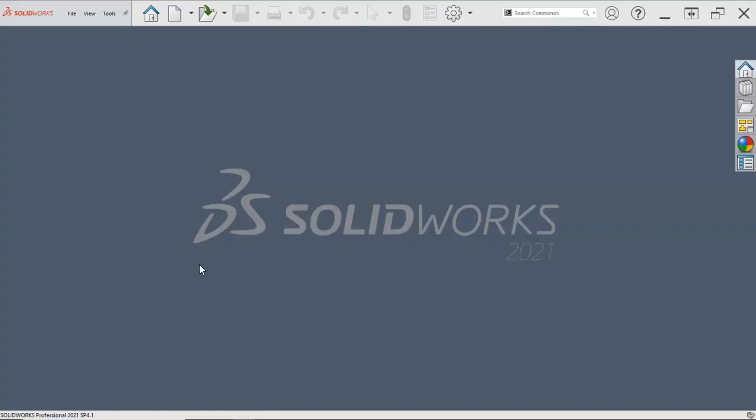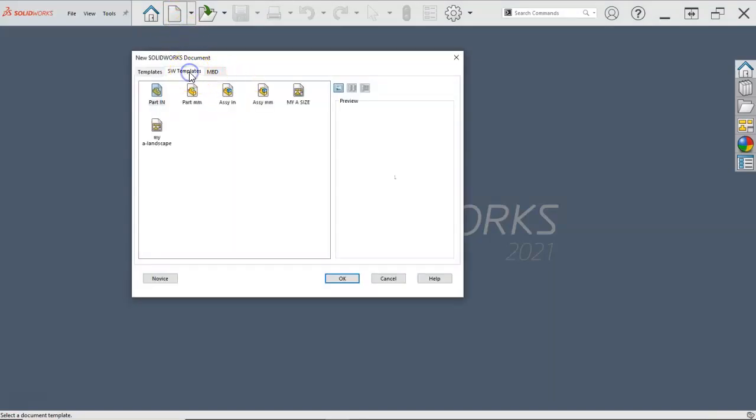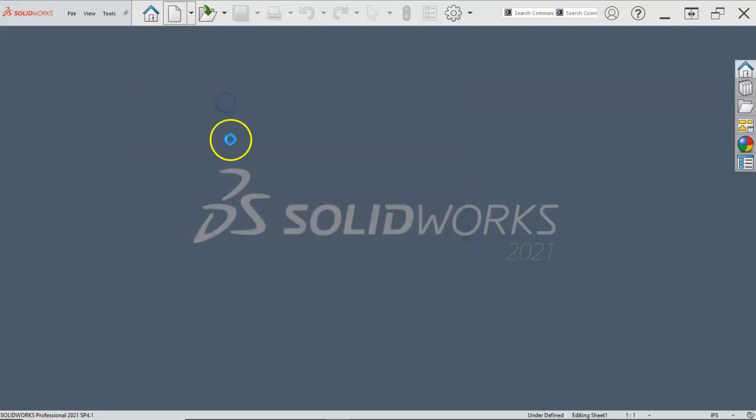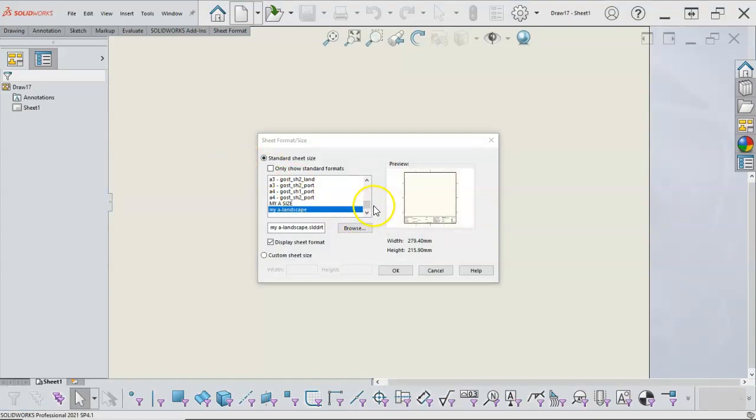Okay, for P5-17, we're going to use the default drawing template. So let's just go in through the drawing. Keep in mind that you can always navigate to the sheet format. Even if you've created your own templates, those will show up as long as you've added them to the file